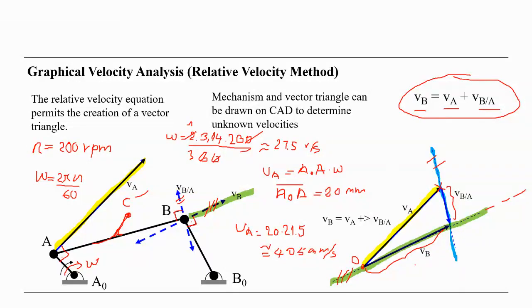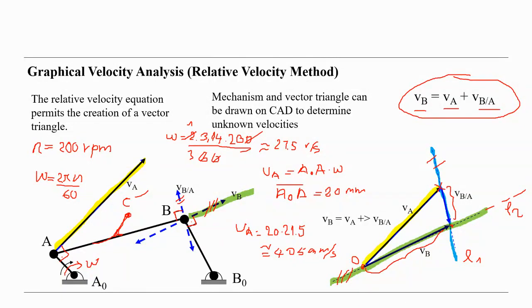So and then these two lines, let's say this is L1 and L2, are crossing here on that point, and that means this is the end of the vectors VB and VBA. So graphically, we find the velocity VBA and VB, and if we consider them in the form of vectors,